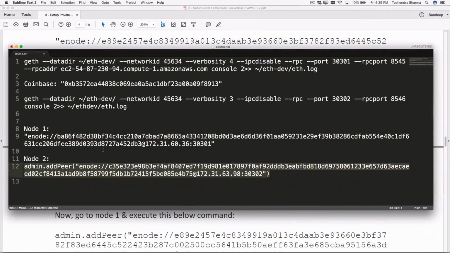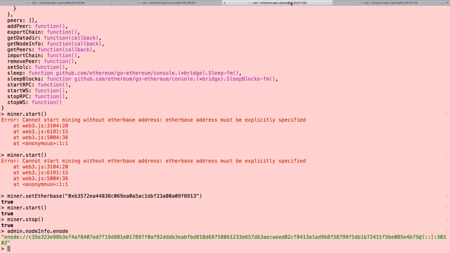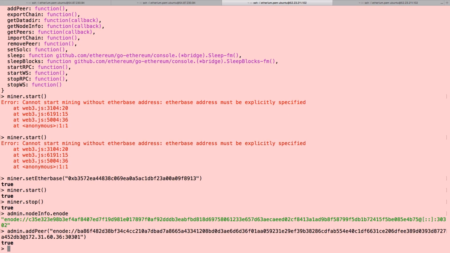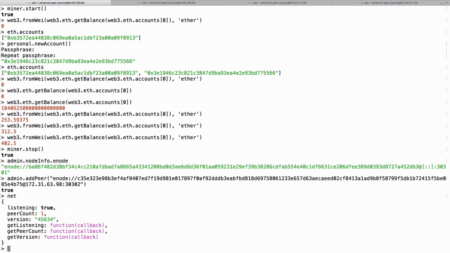In the same way, node 1 can be added to node 2 using the command admin.addPeer(node 1 address) at the node 2 command line. Though this is optional, you can do either of the two. You can check the peer count by executing the command net.peerCount at the node 1 command line. This displays 1 as the peer count. To check if the peers are connected properly,